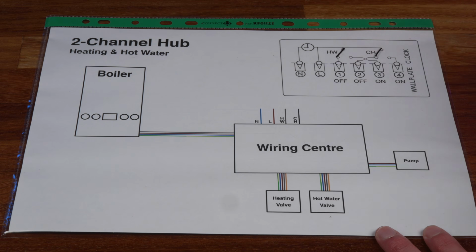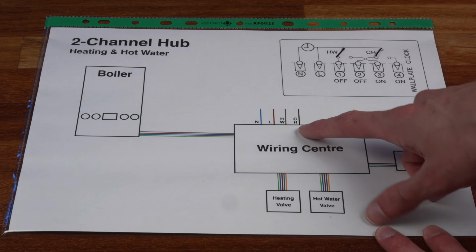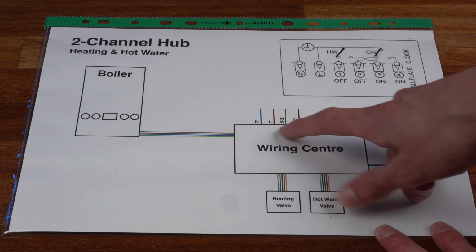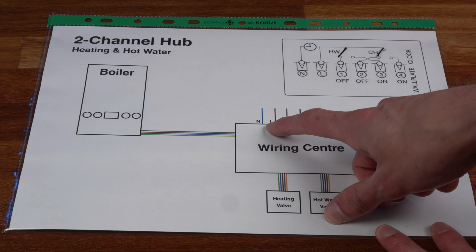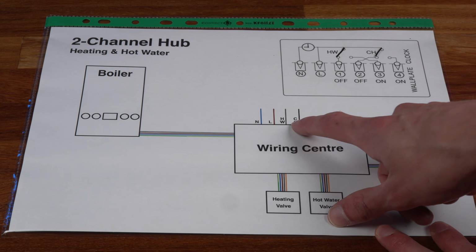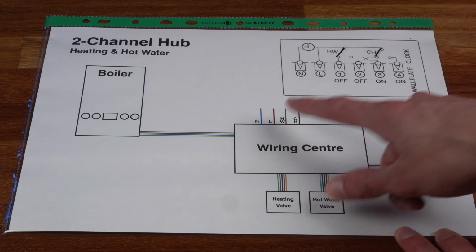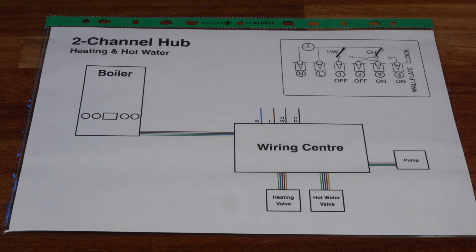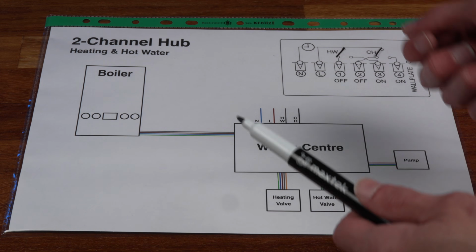And between your programmer and your wiring centre, you'll have these 4 wires connected. You have a permanent line in neutral that we use to power the programmer, a switch line to turn on the heating, and a switch line to turn on the hot water. So to connect this up to the Wiser hub is pretty simple. You just need to identify these wires in your existing programmer thermostat, work out what they are, and connect them